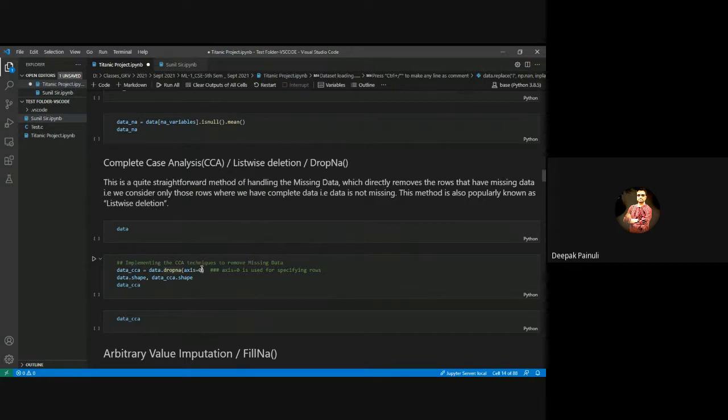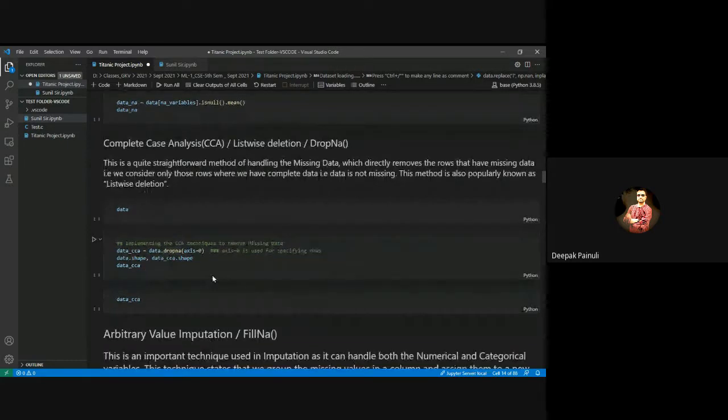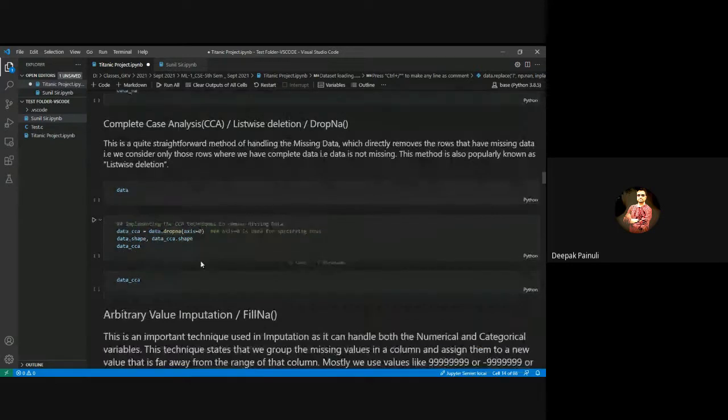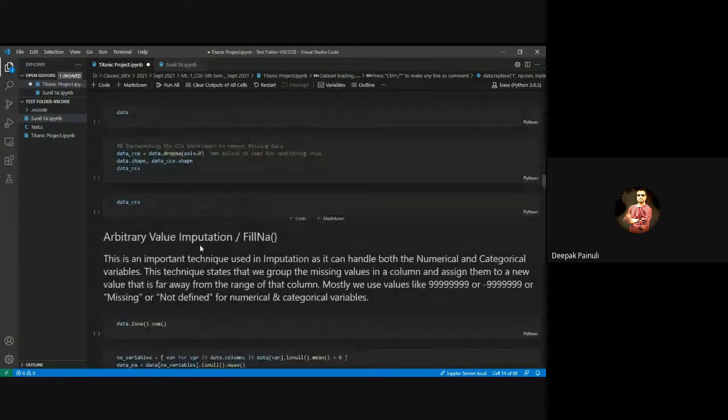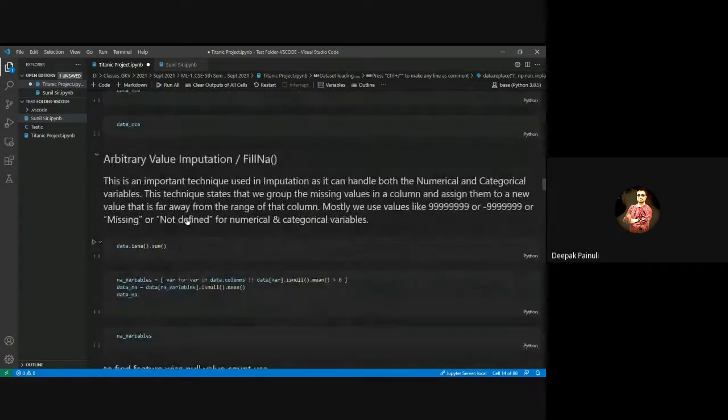One option shows that you can delete columns that have missing values. But this is not a good choice, dropping any row or column, because you may end up with very little data after deletion. So it is not good practice. For a large data set it is feasible, but for a small data set it is not required. Another solution is that we can change those missing values